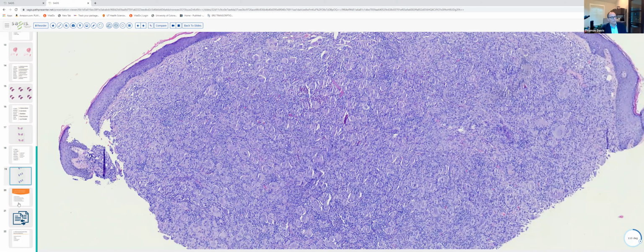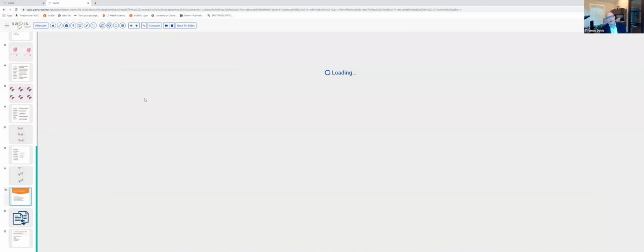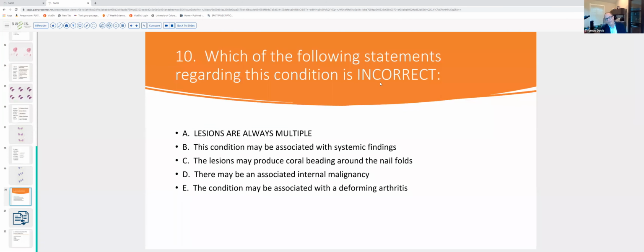So let's go ahead and go to our question here. Which of the following statements regarding this condition is incorrect? And of course, the answer was A, the lesions are always multiple. In actuality, we see solitary reticulohistiocytic granulomas with a much greater frequency than multiple lesions. When they are multiple, however, they can be associated with systemic findings, and I'm sure most of you know that